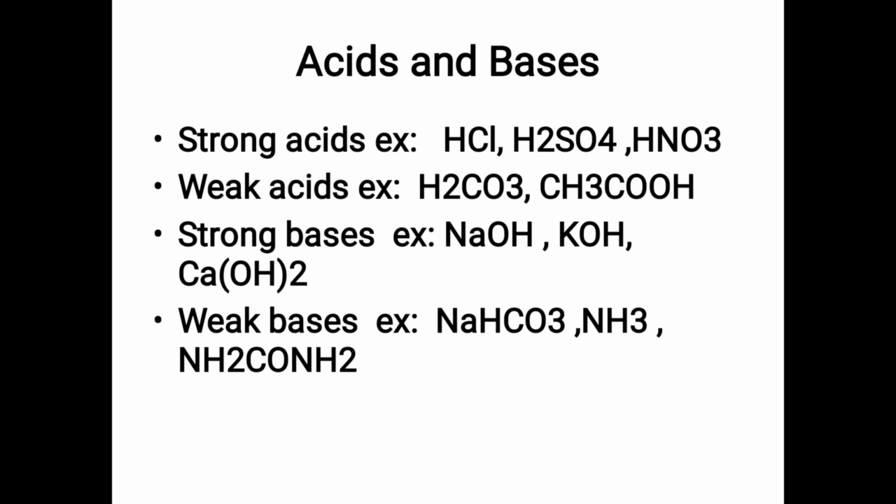Again, there are monobasic and dibasic acids. A monobasic acid is hydrochloric acid, as there is only one replaceable hydrogen in HCl. Sulfuric acid, H2SO4, is a dibasic acid because there are two replaceable hydrogens in it. In the same way, sodium hydroxide has only one replaceable hydroxyl group, and calcium hydroxide has two replaceable hydroxyl groups.